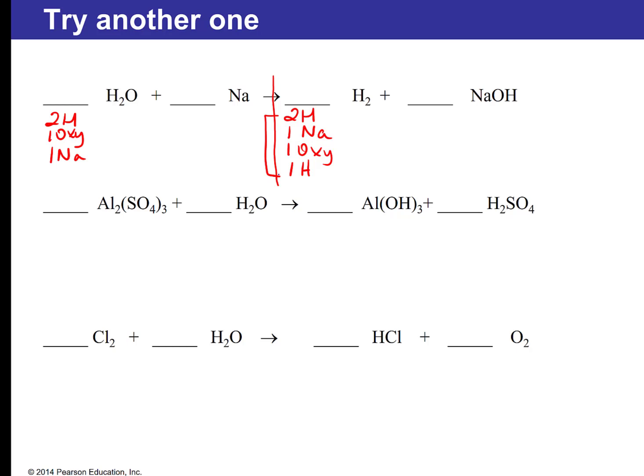If you put a 2 in front of NaOH, well, let me change my color. I don't like red. So if I put a 2 here, you'll see that's going to double that hydrogen, and that'll give me 4 over there, but it's still an even number. That's the smallest even number I could make on the product side. So if I made this a 2, that's going to double this and this and this. It will double the Na and the O and the H. So now I have